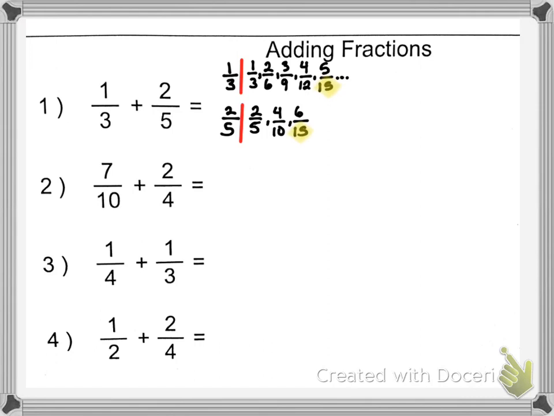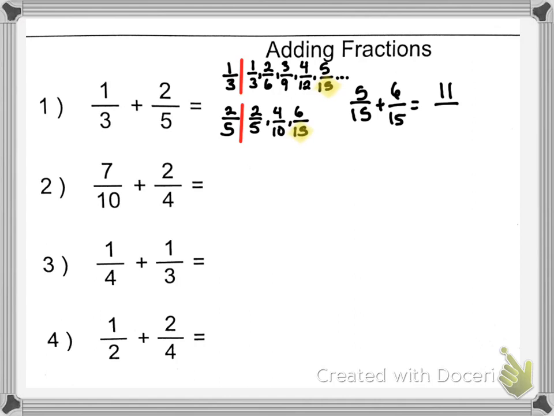So I can stop because I'm going to use these two fractions, 5/15, and I'm going to add it to 6/15. Since 5/15 is equal to 1/3 and 6/15 is equal to 2/5, then whatever the sum of these two fractions is going to be the same answer as if I add 1/3 plus 2/5. So I'm going to go ahead and add the two numerators. 5 plus 6 is 11,